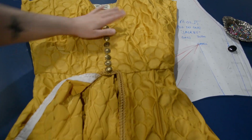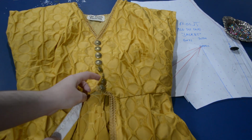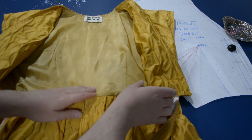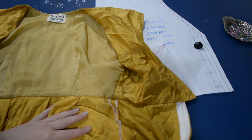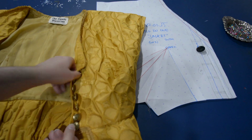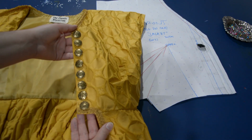Now this one, the peplum, or like the skirt portion of it, is not lined at all. And of course the skirt here does not come to the same level, I guess, as the fronts, weirdly enough. But the fronts of the bodice are self-lined in the same fabric, and the back is lined with a rayon lining. Then I have my gold buttons on this side, and then machine thread buttonholes on the other side, which